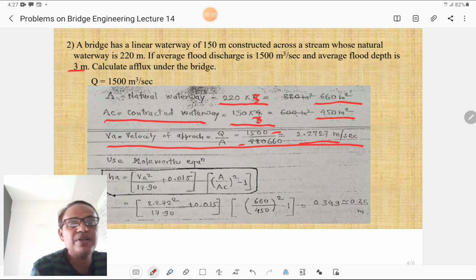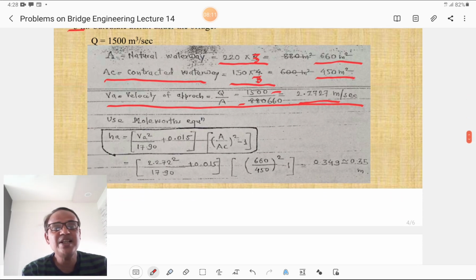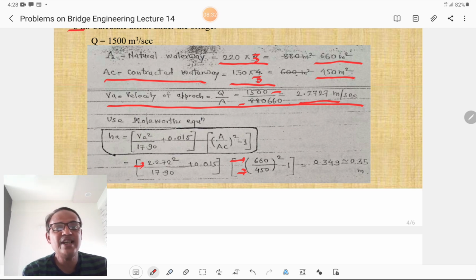2.27 meter per second, and by using Molesworth's equation, HA is equal to VA square divided by 17.9 plus 0.015, that bracket complete, and another bracket A divided by AC bracket square minus 1. By putting all these values of VA, then putting the value of A and putting the value of AC. So for Molesworth's equation there are unknowns, one is the VA, second is the A, third is the AC. Then we will get the